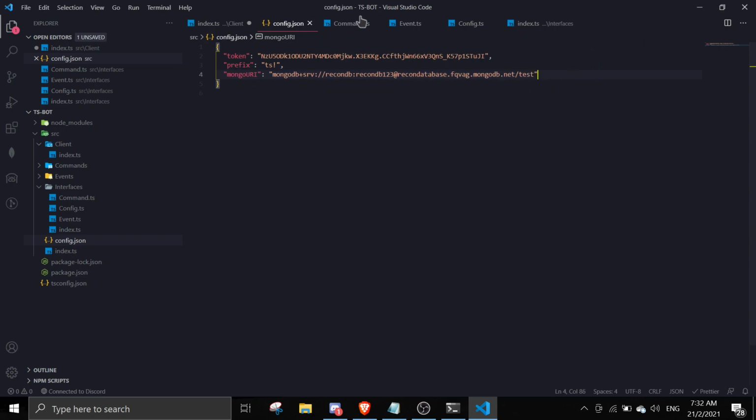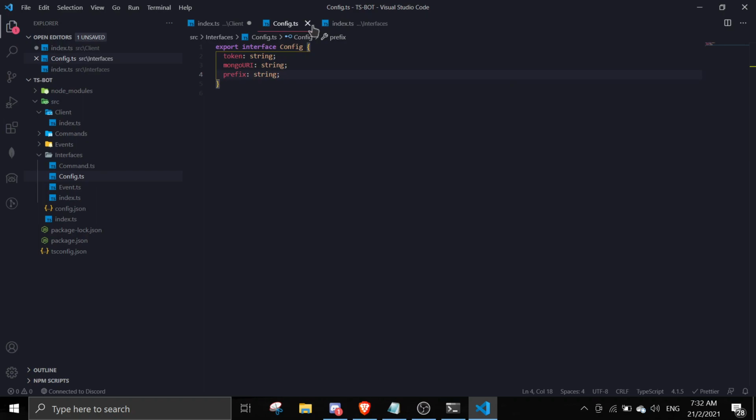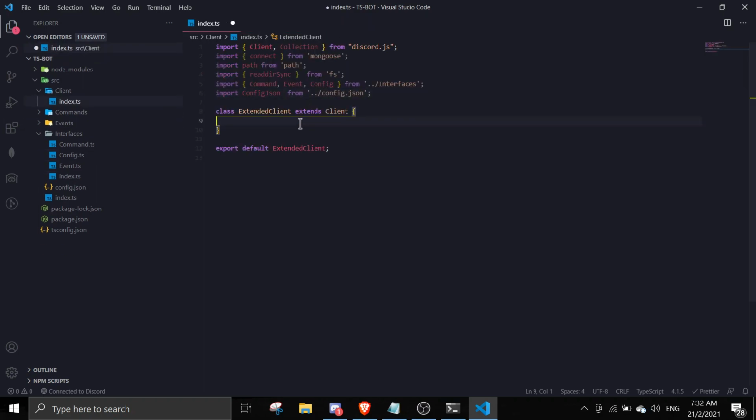So this is my IP scope, so you can't really use my connection string. So yeah, once that's done, you're gonna close this. We don't need all of these anymore. Okay, so now we're just gonna focus on here. So public commands,